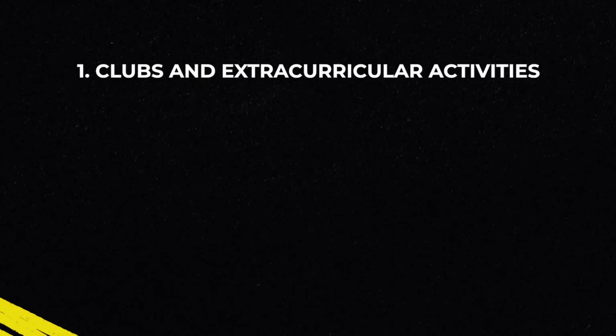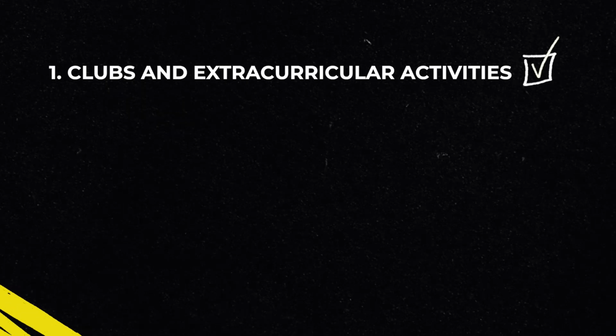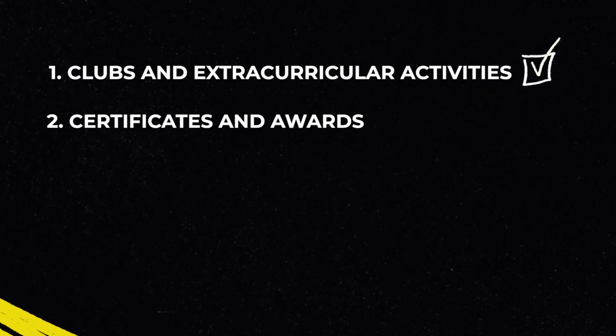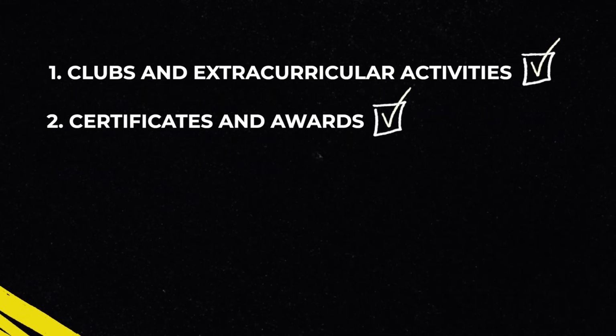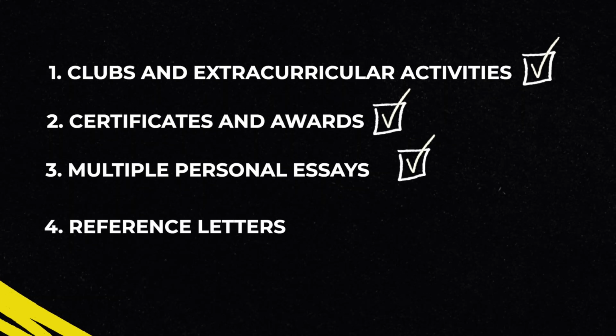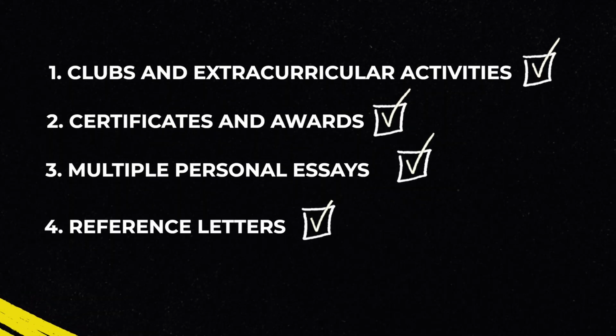And finally, the idea of holistic education affects the universities' admission process. In the US, they give about 30% of the admissions weighting to academic criteria. It will require you to be good in every subject, not just your chosen major. Their focus is also on something else, like your clubs and extracurricular activities. You have to demonstrate participation outside of your studies. Certificate awards that prove different aspects of your character, such as leadership and teamwork. Multiple personal essays that describe who you are, and reference letters to wrap up all of this and support your documents.